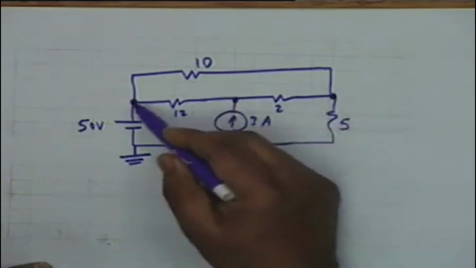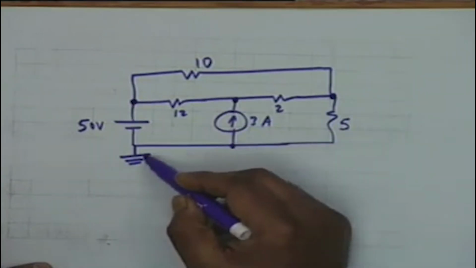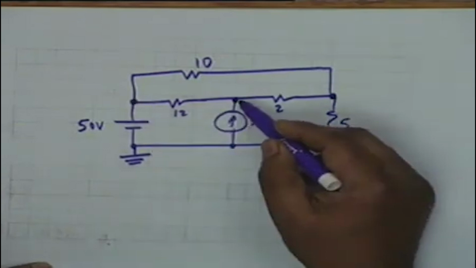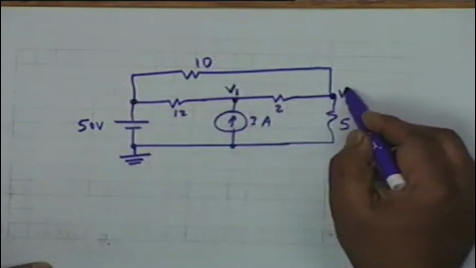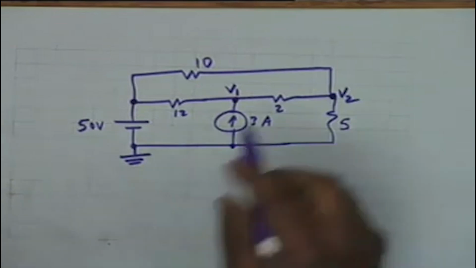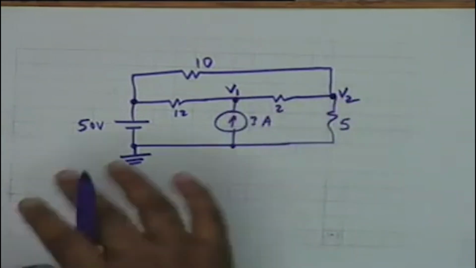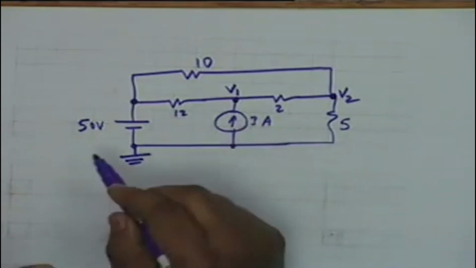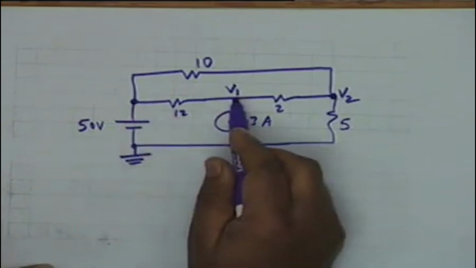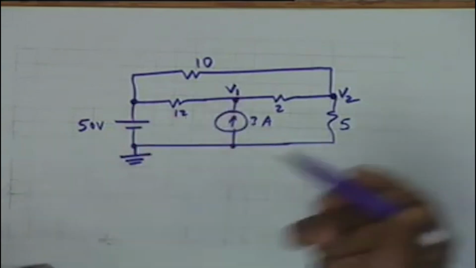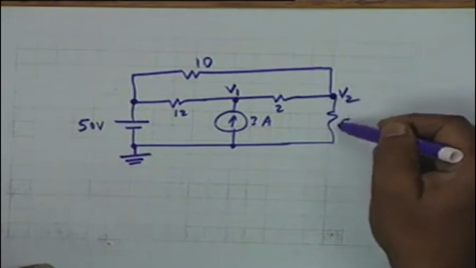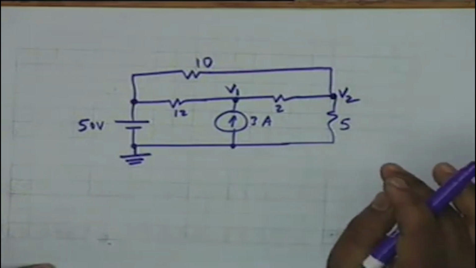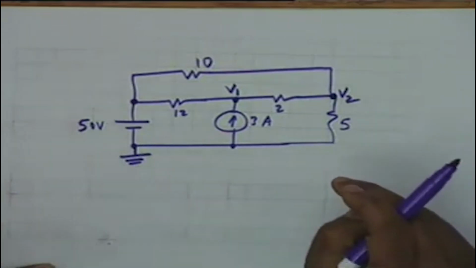These are 1, 2, 3, 4 nodes, of which 2 of them are known. This node is 0 voltage, this node is 50 volts. This node we do not know, let us call it V1. This node we do not know, let us call it V2. If I know V1 and V2, obviously everything else in the circuit shall be known. For example, the current in 12 ohms shall be (50 minus V1) divided by 12, or the current in 5 ohms shall be simply V2 divided by 5. So all currents shall be known if we know all the voltages, and this is called the node voltage method